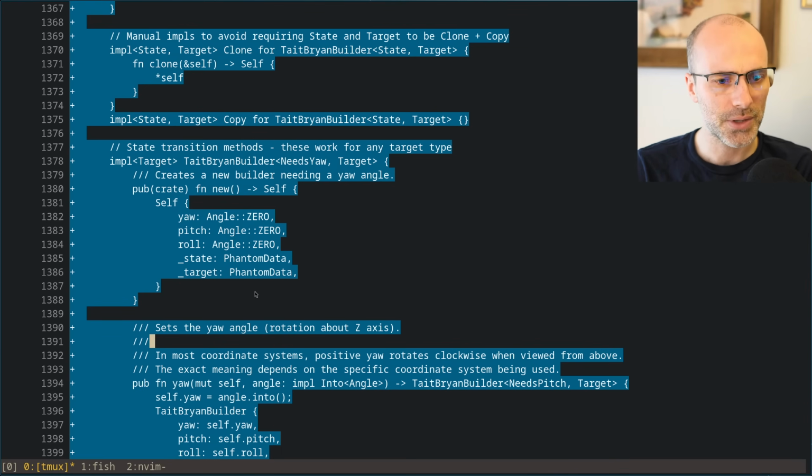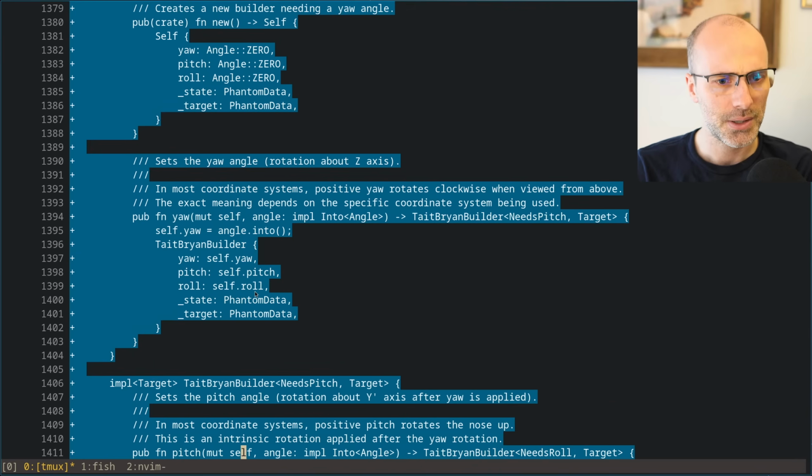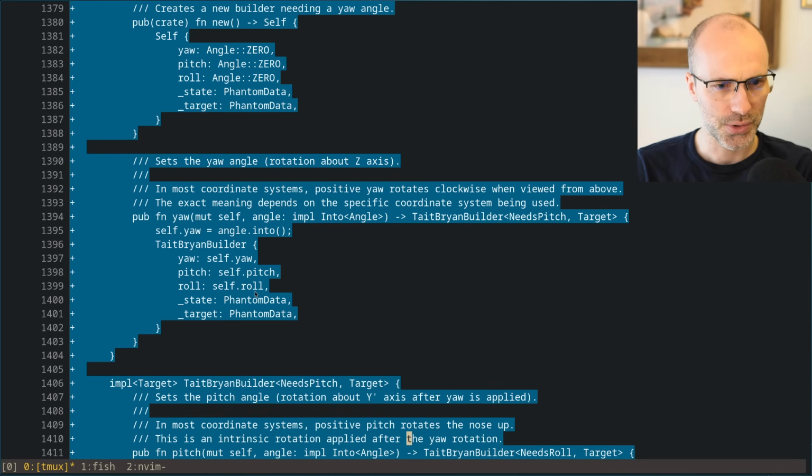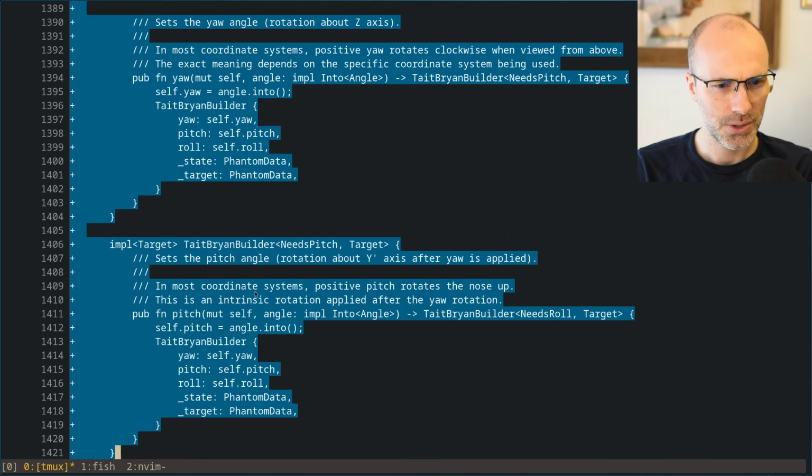Initially sets to 0. That's fine. Sets the angle. That's fine. So when you set the yaw, the next thing that's needed is pitch. And this method is only available on needs yaw. And it preserves the pitch and the roll.